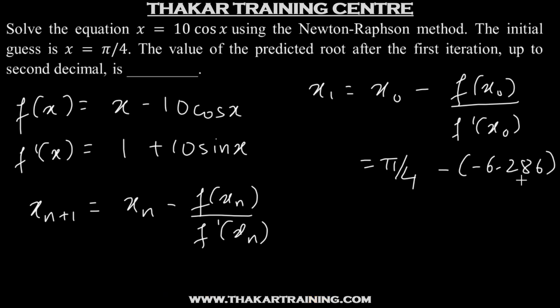So many times there is a confusion regarding the number of decimal places to be carried forward. So if you read the question, it says we have to give the value up to second decimal. So you should at least take 3 decimal places in your calculations. This will help in minimizing the error when we round off the answers.